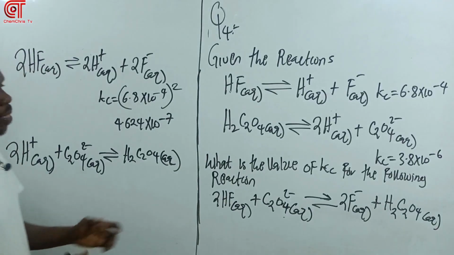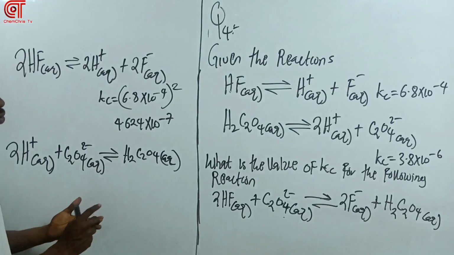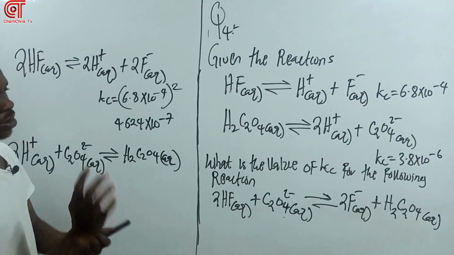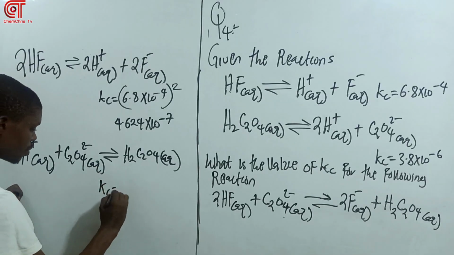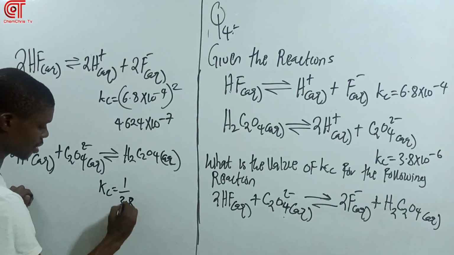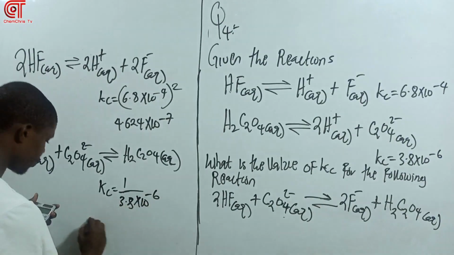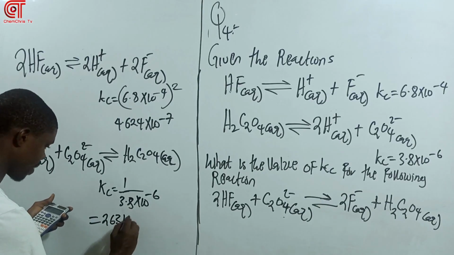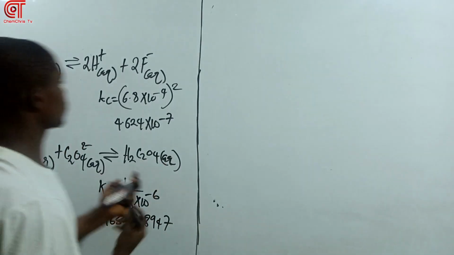So I want to have a new K for this reaction. Because I reversed it, it's going to be the inverse of this other one here. So here we have Kc going to be 1 over that value there. So we're going to get 3.8 exponential minus 6, a little bit. So here we have 2.6315789... Reaction. So here we have